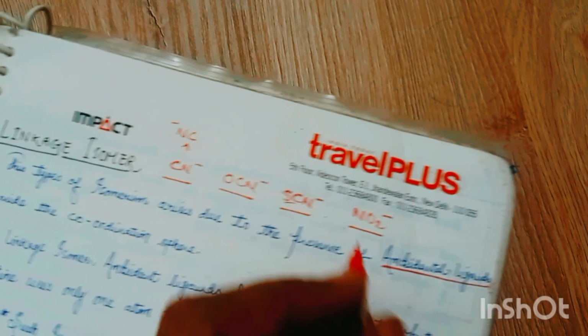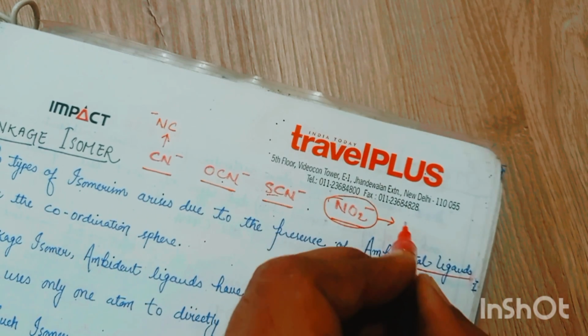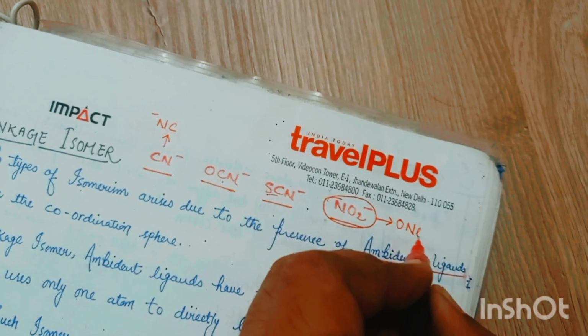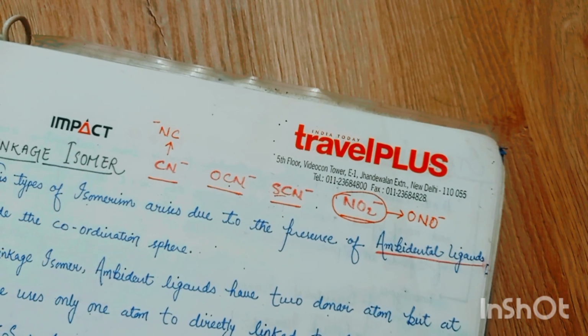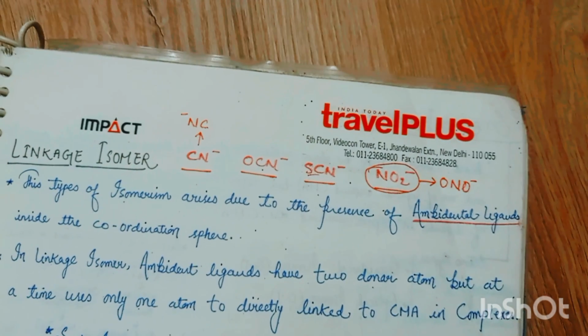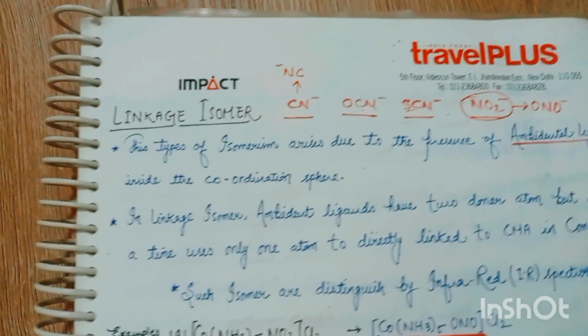Okay, and similarly, the most important, I'm not going to take the examples of all. NO2 can be written as ONO after changing the position of the ligand. I will make a separate video on the types of the ligands where you can take the explanations of this. Now moving to the topic,